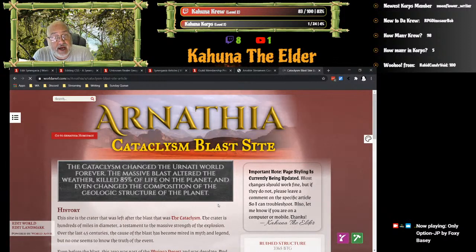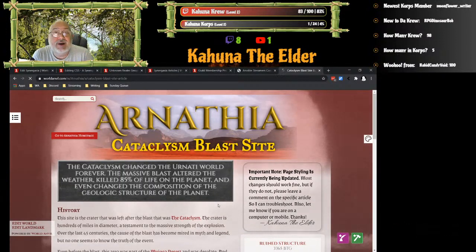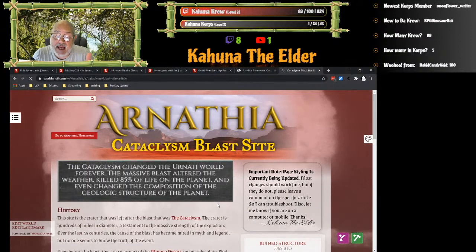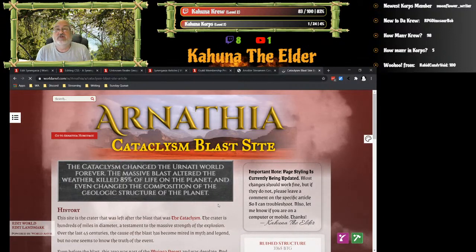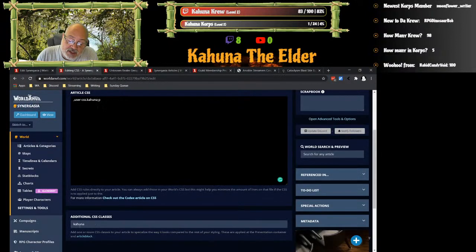So how did I do that? Well, in this case, I have one of those little things like where I put Kahuna before. Mine is .cataclysm. Anything under .cataclysm gets this kind of styling. So I can change it from page to page by simply changing what's in this additional CSS classes.